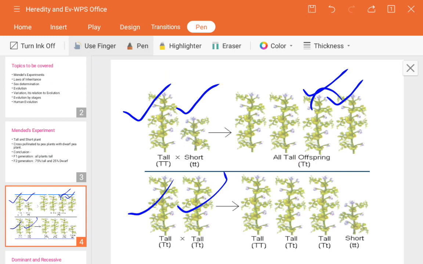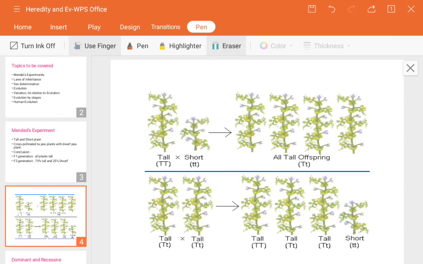Based on these things he put forth the experiments and the laws. By doing this experiment he put forth some laws, which are nothing but the laws of inheritance. We are going to see that later. So now here